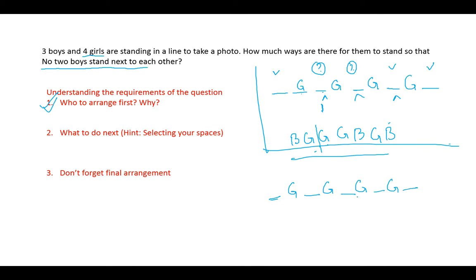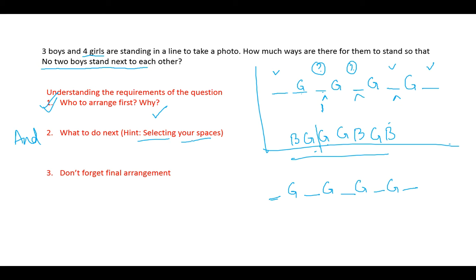Okay, after the girls are arranged, now I have 5 spaces. The second step is to select at which 3 spaces I'll be putting the boys, or basically I will be selecting my spaces. The reason I've put them separately is we'll be doing one step at a time. You have to arrange girls first, and